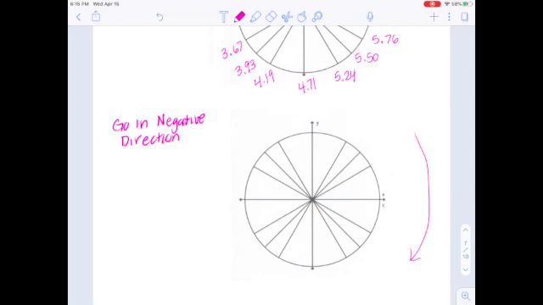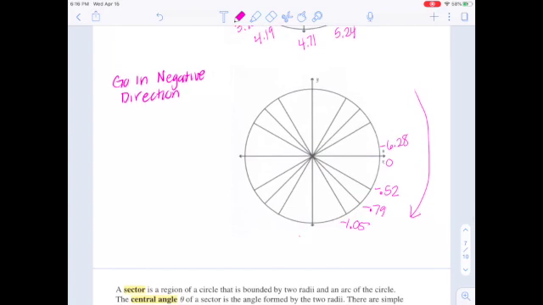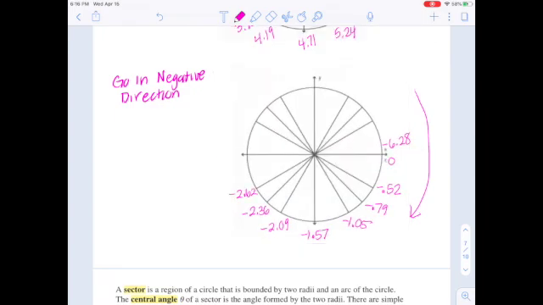and you can likely fill in the negative direction because you probably get the hang of it by now, so make sure you're going counterclockwise and using negatives. So 0 and negative 6.28 would be all the way around, and fill it in backwards. Negative 0.52, negative 0.79, negative 1.05, negative 1.57, negative 2.09, negative 2.36,